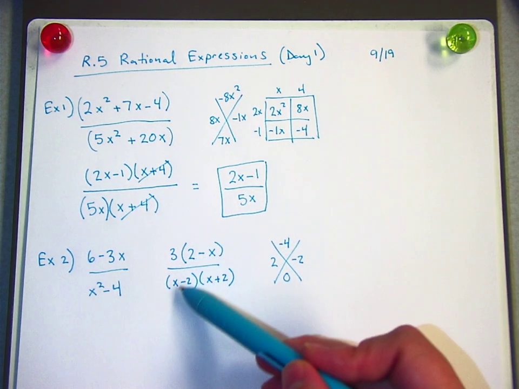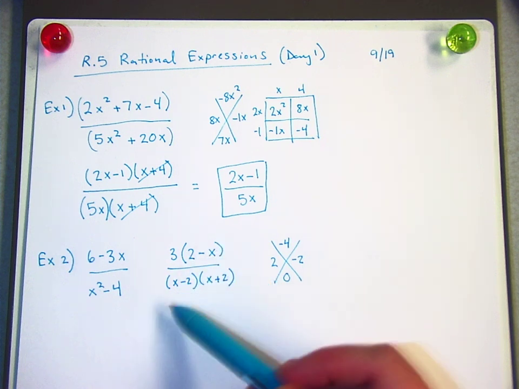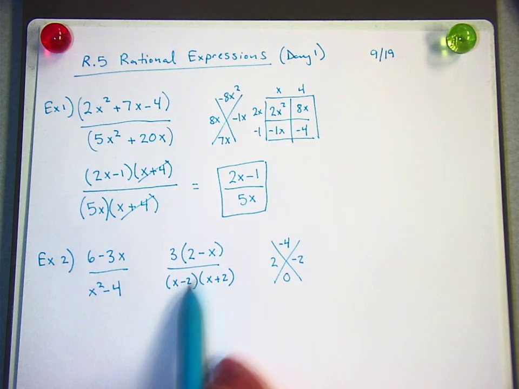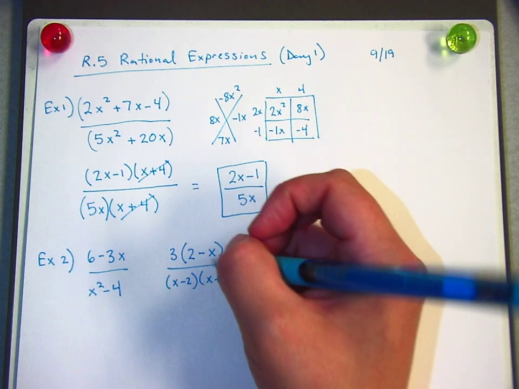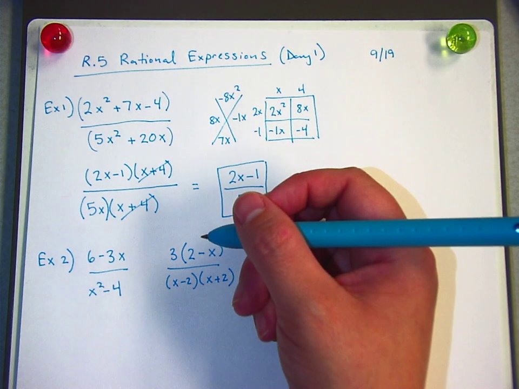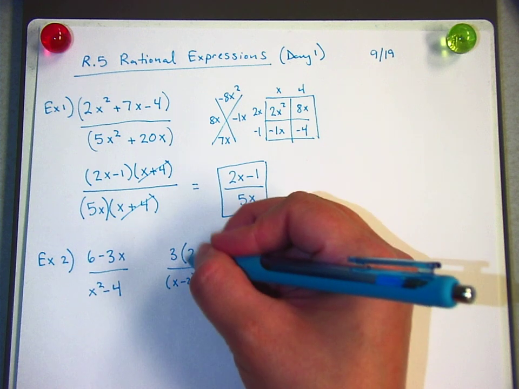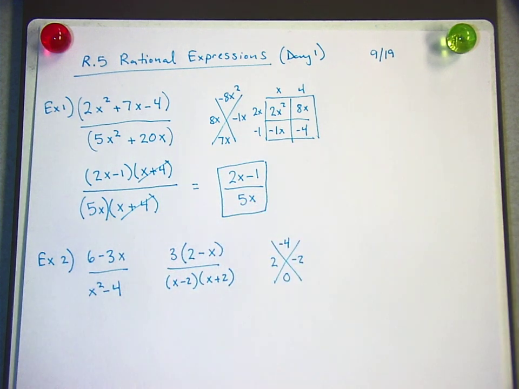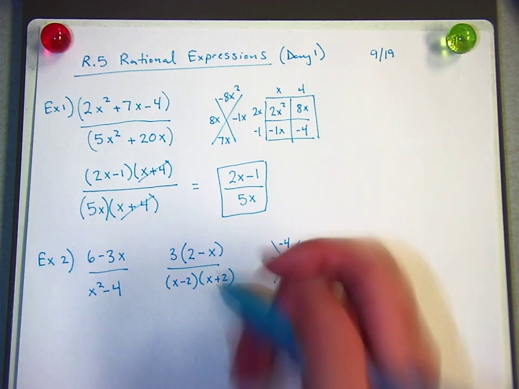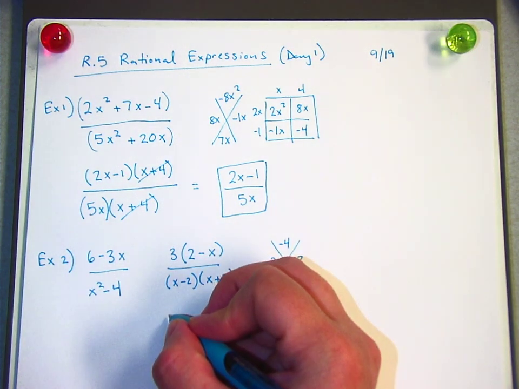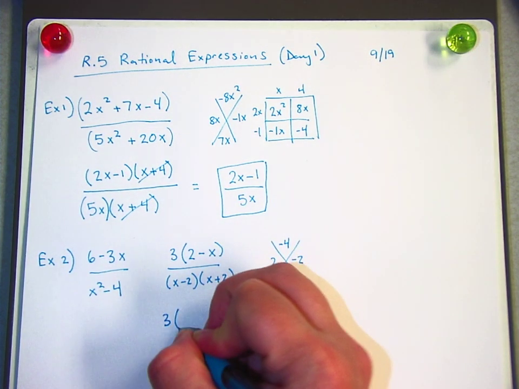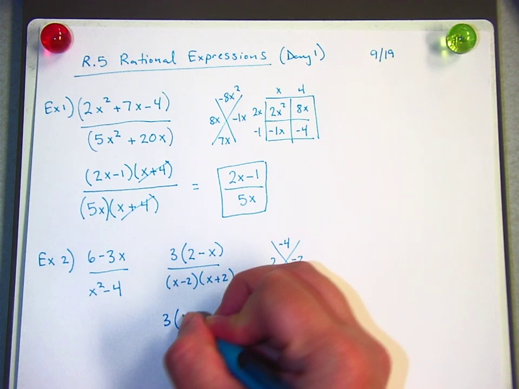Now these ones seem very alike. Like maybe we could cancel them out, but they're not quite alike because this one has a negative 2 in it, this one has a negative x in it. So I actually am going to do a math trick that a lot of people do, is I'm going to multiply this top one by a negative 1. And that will change it to the bottom, or make it look like the bottom. So if I multiply this by a negative 1, it's 3 times, that makes it a positive x and a